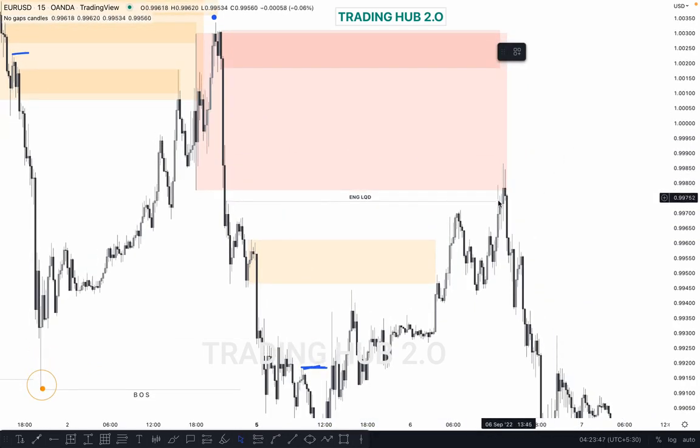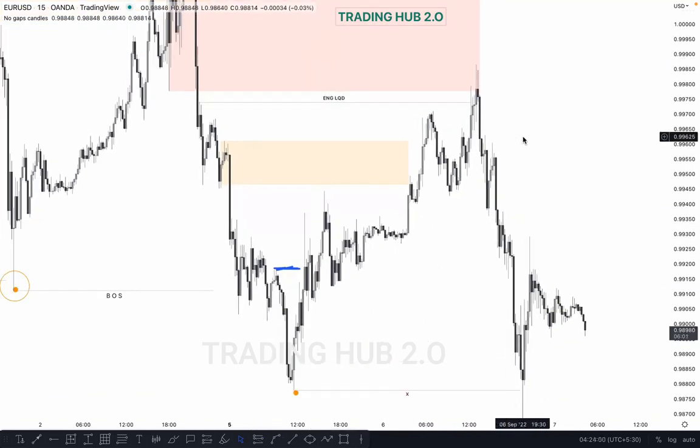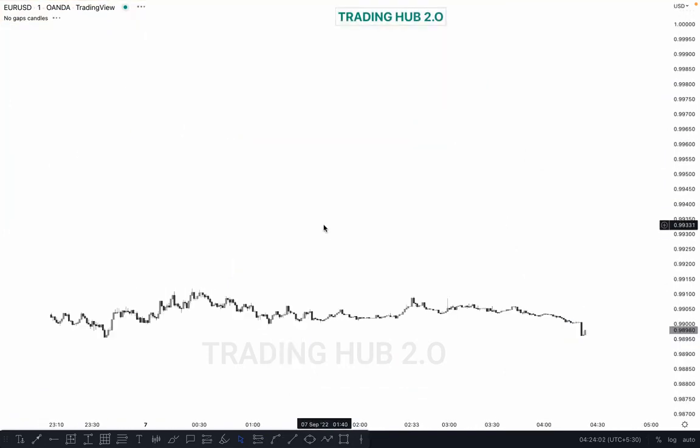We can sell here if market sweeps this high. Market already swept this high and closed below it. You know very well, this is our entry type 3. You can switch into 1 minute and then you can sell and target below this low. If you switch back into the 1 minute at the same point, then you can see